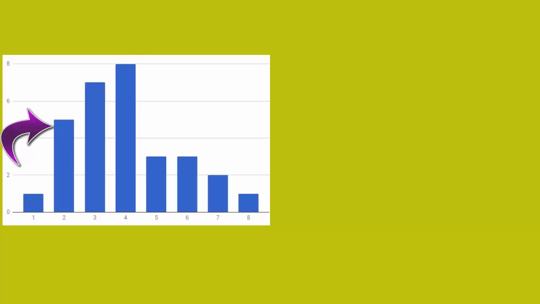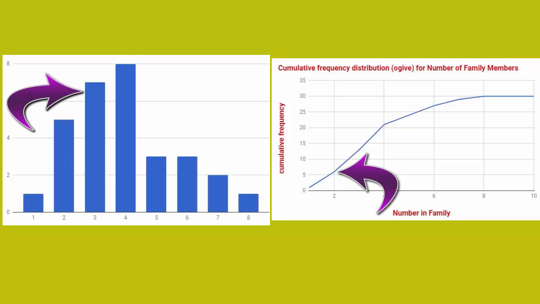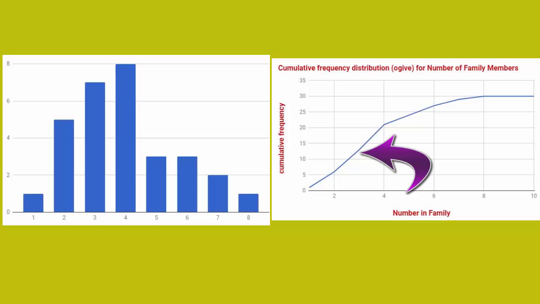This implies that the cumulative total of families who have 2 or less family members is 6, 5 plus 1. Since there are 7 families with 3 people, we add 7 more families to the total of 6, and now we have a combined cumulative total of 13 families at or below size 3. Notice in the ogive that when x is at 3, the cumulative frequency is at 13. The ordered pair of (3, 13) on the graph implies that a total of 13 families have 3 or less